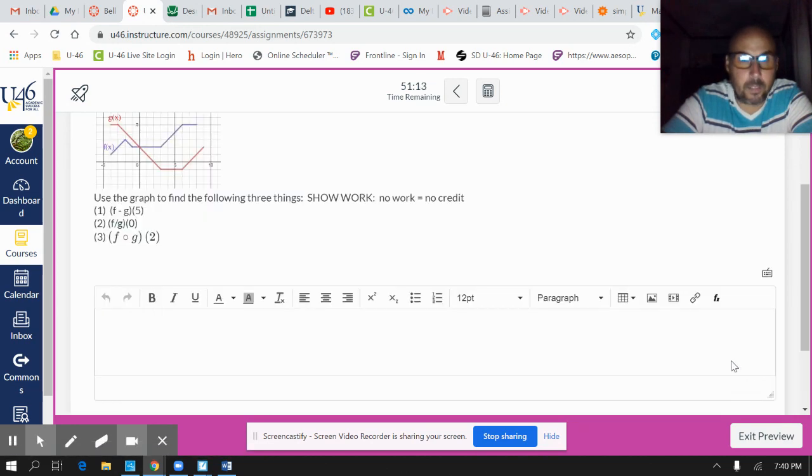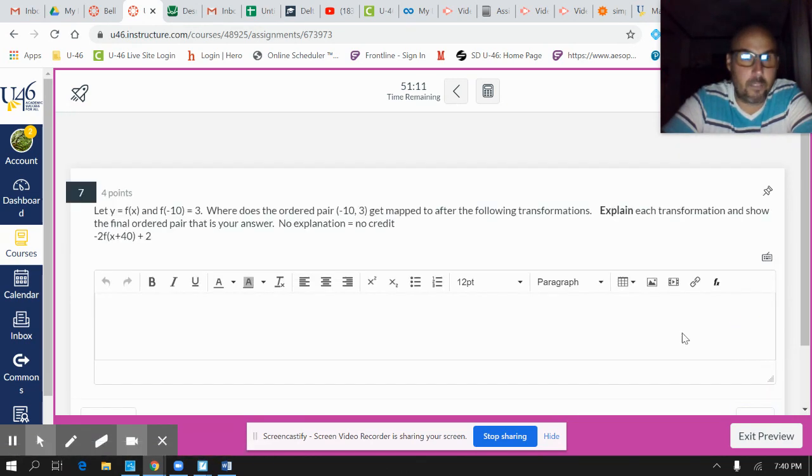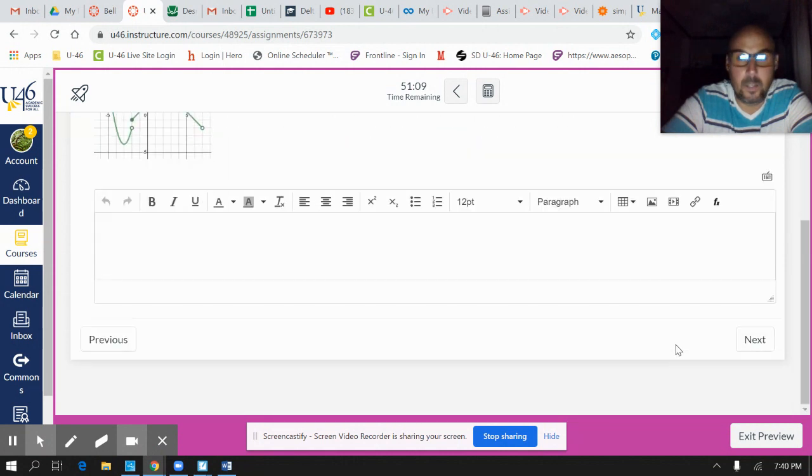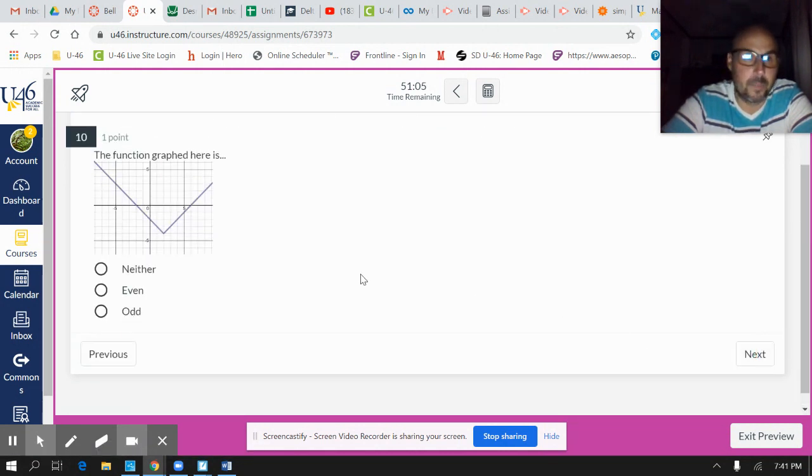Another one, the third and final one for solving, was an odd and even question. This one: is this graph odd? Is this even? Or is it neither? And here, even functions are symmetrical on the y-axis. And this one is not symmetrical on the y-axis, which means that, well, just visually it isn't, but it also